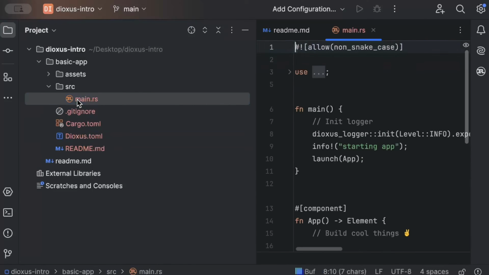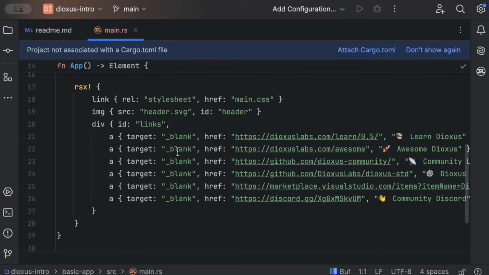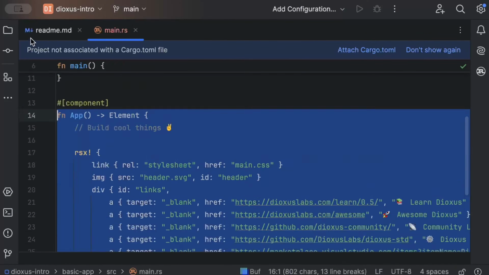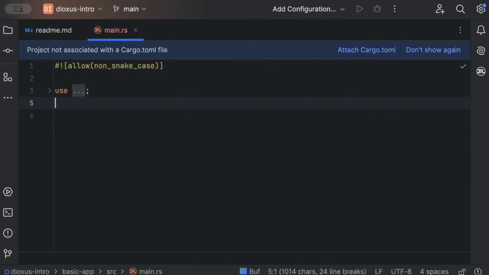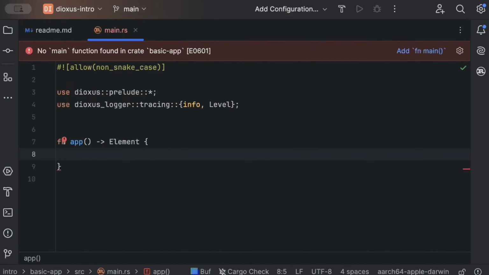move to main. So here we have some default code already for a default component, but we can just clean it all up and add it by ourselves. So we'll just add a basic app, and we'll just do fn app returning Element, and let's say we are just adding a counter component. So let mut count = use_signal